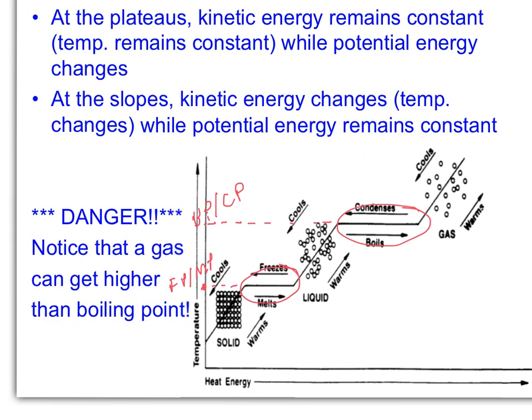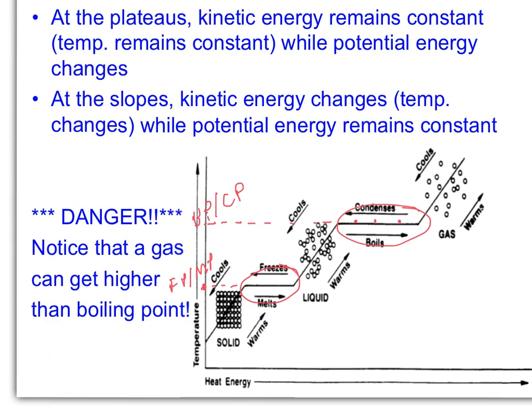Energy takes two forms: kinetic energy, which is energy of motion, which is represented by temperature, and potential energy, which is stored energy. At the plateaus, since temperature is not changing anywhere along that flattened line, we would say that kinetic energy is constant. However, the stored energy, which is the potential energy of the substance, will be changing at